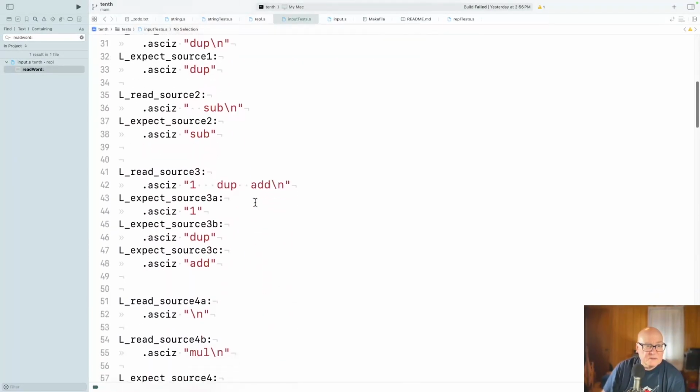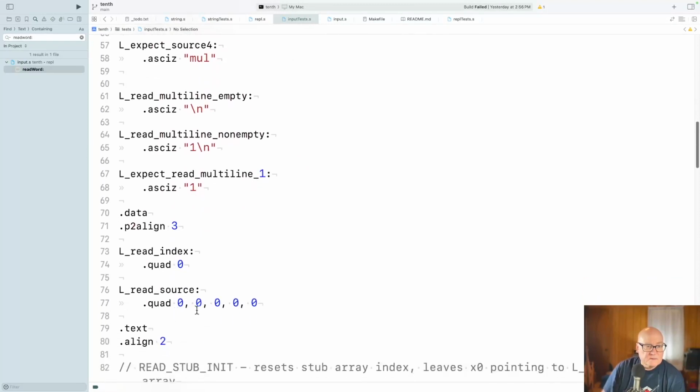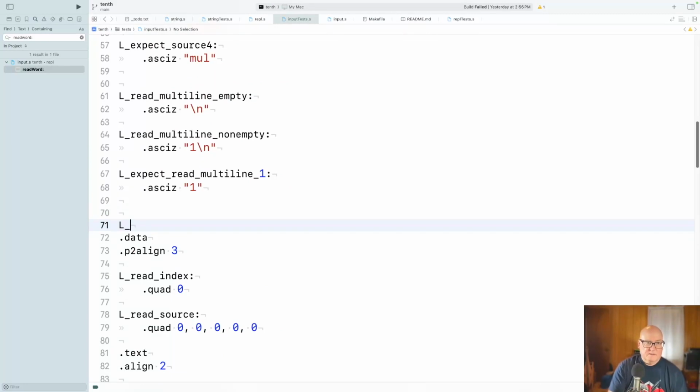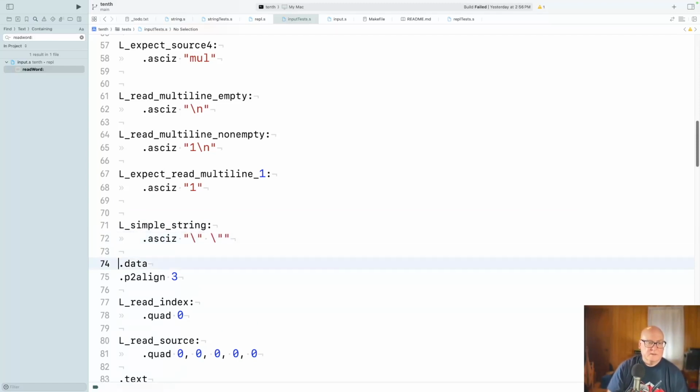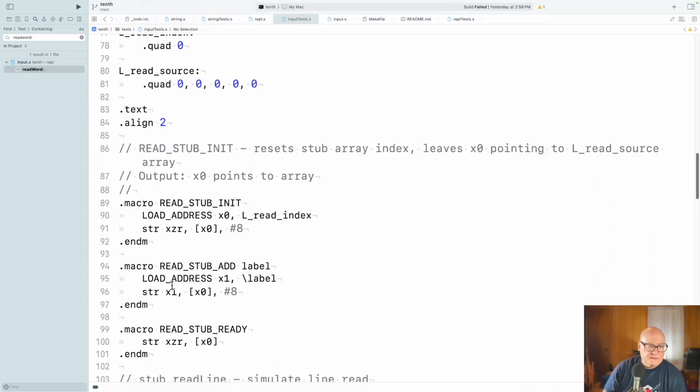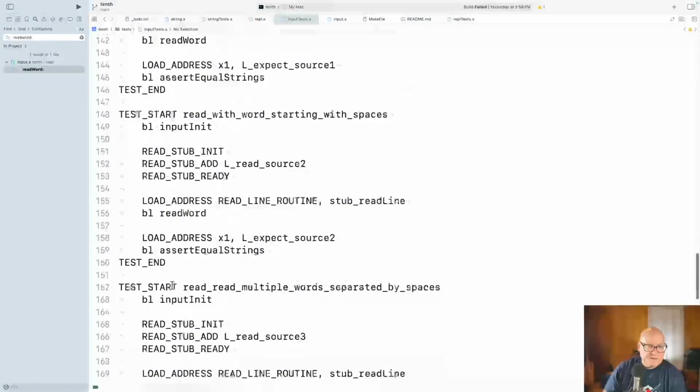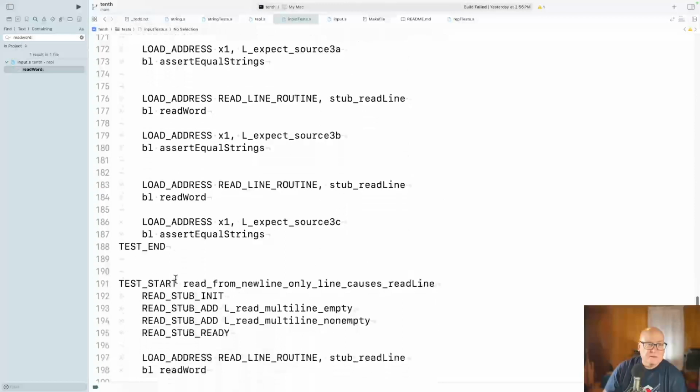Let's see, where are those things? Okay, read sources down there. Okay, so we can put our string down here. L simple string, ASCII Z, quote back quote, quote back quote, I'm a string. Okay. Now this has put the word there, so